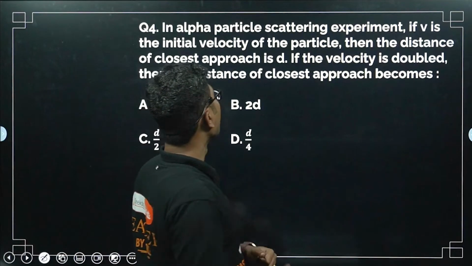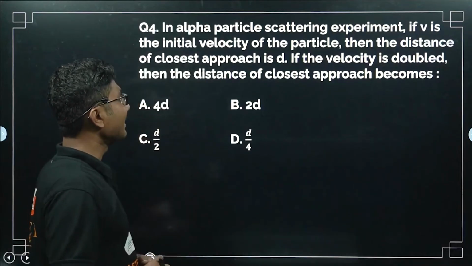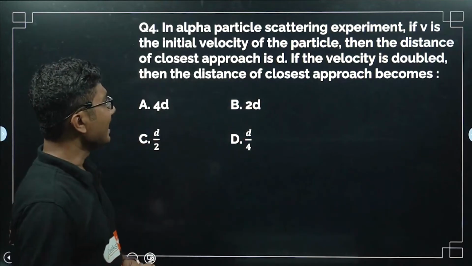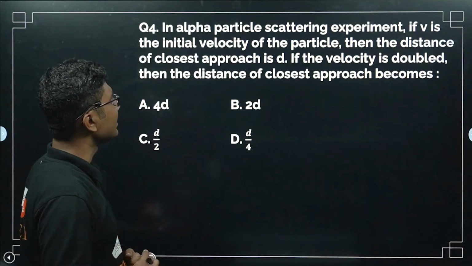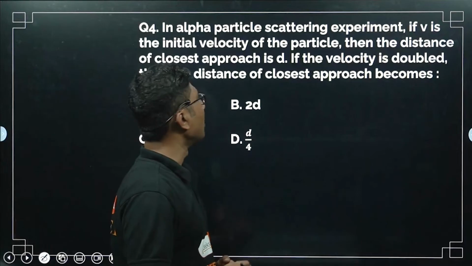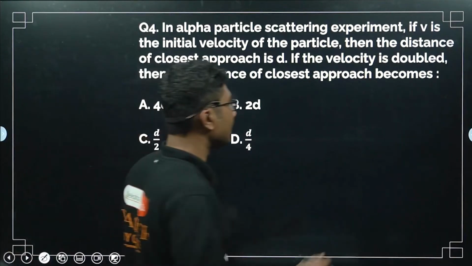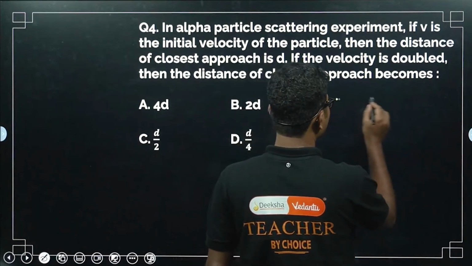Next question 4. In alpha particle scattering experiment, if v is the initial velocity of the particle, then the distance of closest approach is d. If the velocity is doubled, then the distance of closest approach becomes? I will explain this question in a detailed way. So at the distance of closest approach,